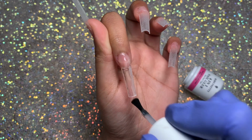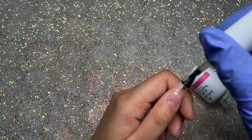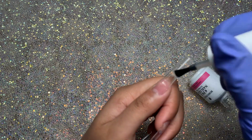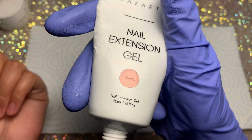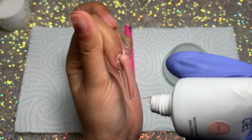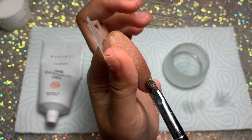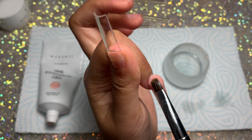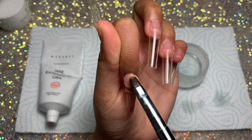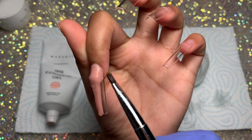Now I'm just going to apply the base coat to all of the nails, including the nail tips, and that's just going to help create a better surface for the polygel. So today I'm using Macart's Siesta polygel. I really love this shade. It's such a good classic nude, and the formula of this polygel is really easy to work with. So I just wanted to use this shade on all of the nails today